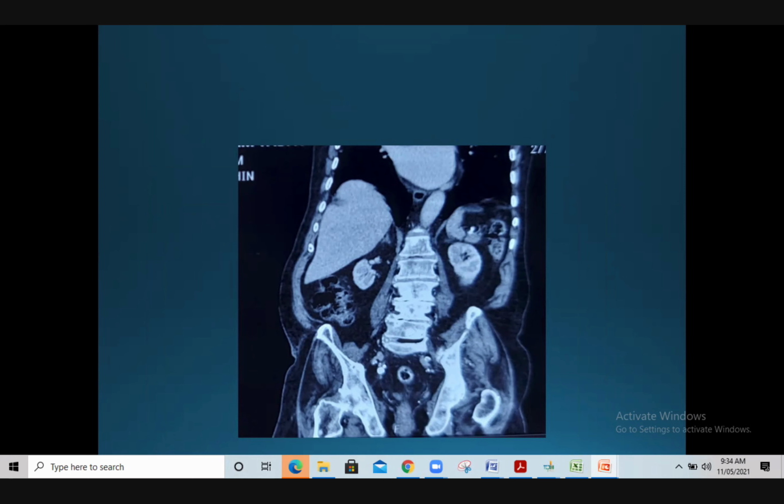Okay. It appears to be operated as well. When you've got a large prostate and you've got this thing at the bladder base like this, the next thing you look for is whether the ureters are involved. Because this is at the level of the bladder base, the trigone, the ureters. Are you seeing dilated ureters as they come into the bladder? Are you seeing any dilatation of the ureters, subtle dilatation of the lower end? All this would suggest that this is infiltrating the trigone. That's why you do a CT, no? So get all this information. What about nodal disease? If you think that there are nodes, you say, I think there are nodes. Bilaterally, I see some nodes. Okay.